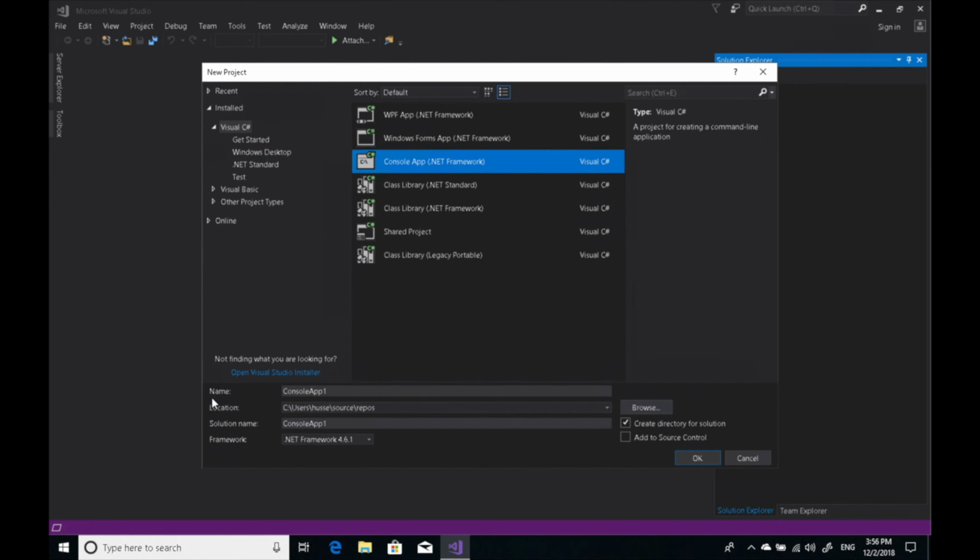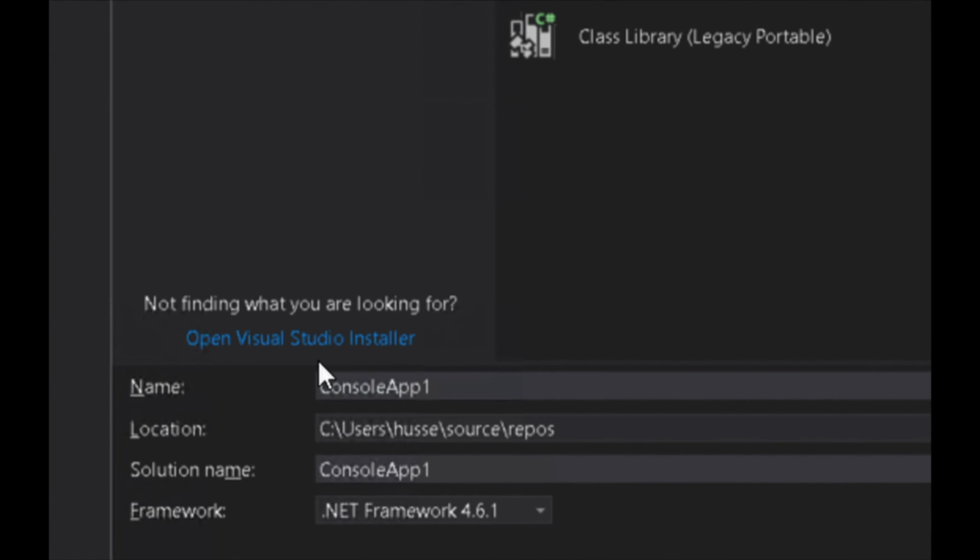Okay. For the name of the project, as we explained before, there are two things: the name of the project and the solution. If you create a new project, you always are asked for the name of the solution as well. So the solution is a collection of projects, okay? And that's our solution. Let's start with the solution name. I'm gonna call this C# Twitter,